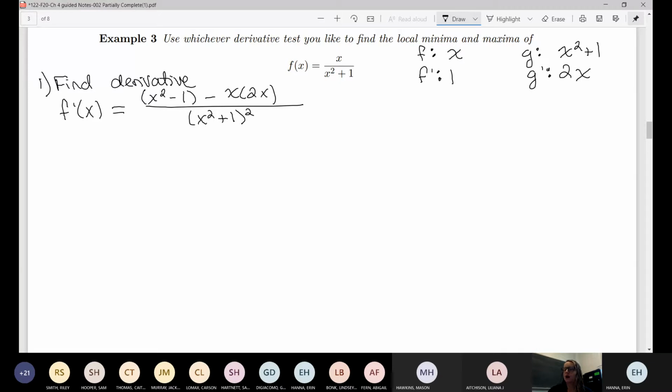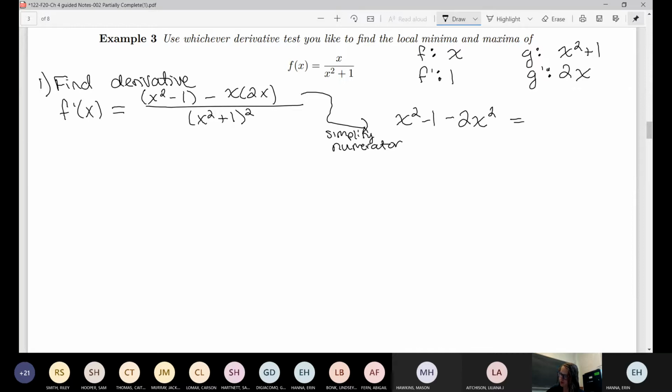So what was I doing? Simplifying the numerator. We're going to simplify the numerator a little bit because it's going to make the next step easier. I'm going to do it over here, and I'm also going to write a note that I'm simplifying the numerator so we don't think that I just dropped the denominator or anything. So that x times the 2x is going to give us minus 2x squared. So that's going to reduce to,